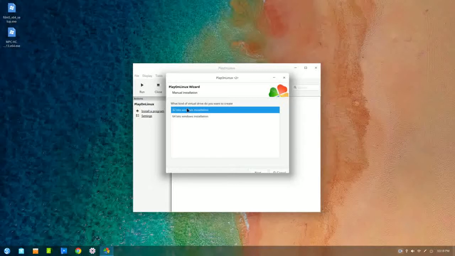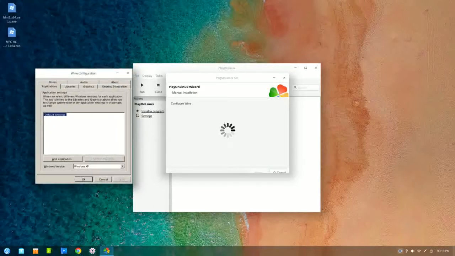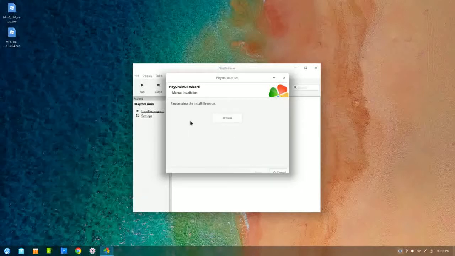So the next thing is what kind of virtual drive do you want to create? If you install a 32-bit Windows application, then select 32-bit, or if you have to install 64-bit, select 64-bit. I have a 64-bit Windows application, so click on 64-bit and simply click next. After this dialog box opens, simply click OK, and the next thing is please select the install file